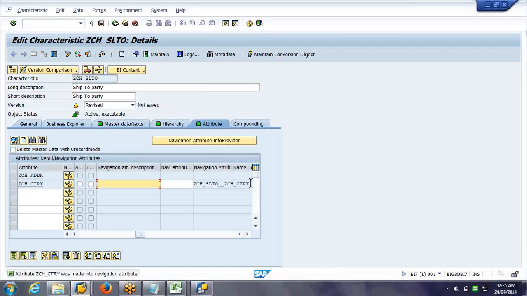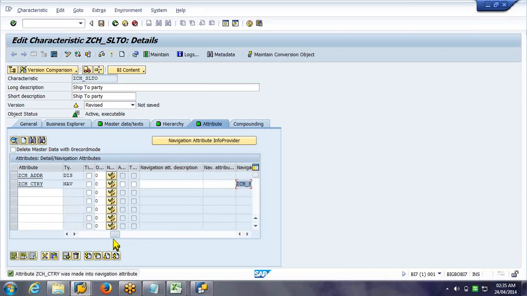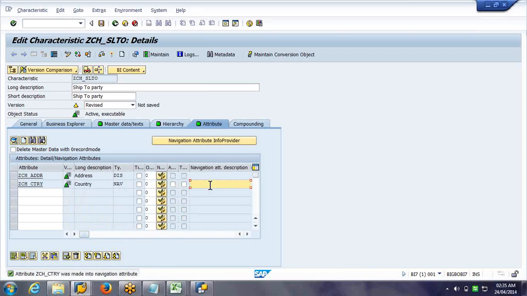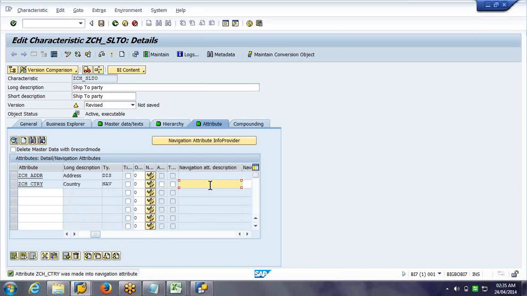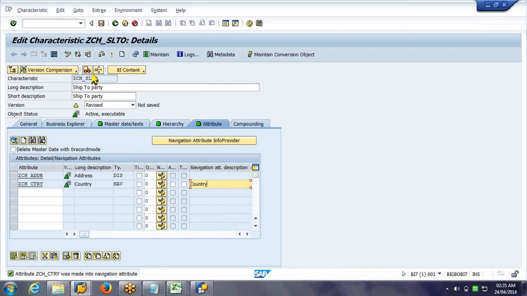So if you don't give any description, only this one will show in the report, and it will be confusing to the user. He can't understand what that field is. So that's why you have to give the description as well. Then you activate. So this will show up.